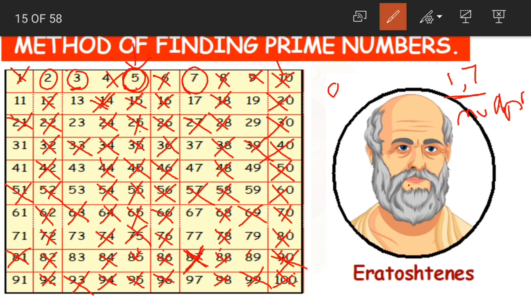14 is crossed out, 21, 28 is also done, 7 5s are 35 done, 7 6s are 42 done, 7 7s are 49, crossing it out. Then 7 8s are 56, 9s are 63, 10s are 70, 7 11s are 77, crossing that out. 7 12s are 84, 7 13s are 91, crossing it. 7 14s are 98. So that is also crossed. Now we are done with number 7.